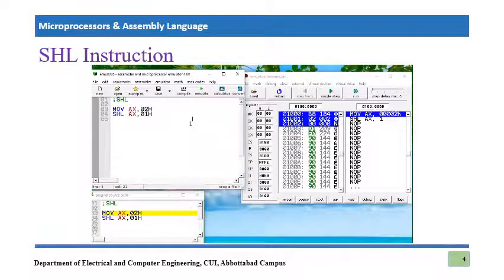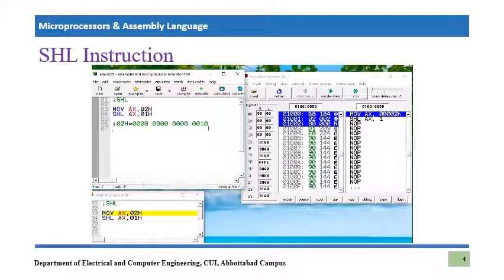Before doing it using the emulator, we can perform our calculation manually. When we perform the manual calculation, we see the AX value is currently 02 hex, which is equal to 0000 0000 0000 0010. That's it. And when we shift it logically by 1 unit,